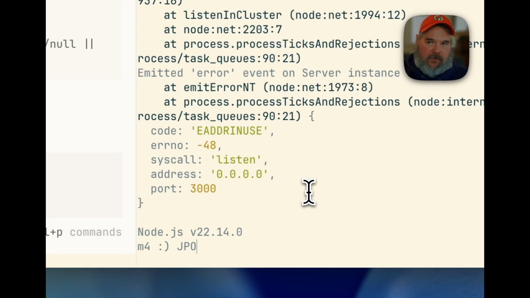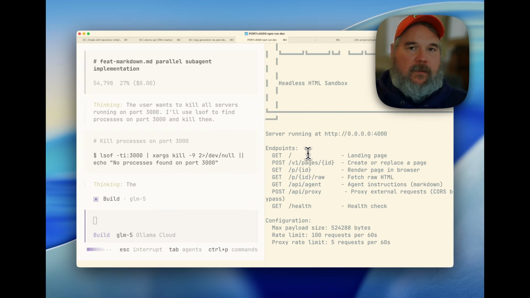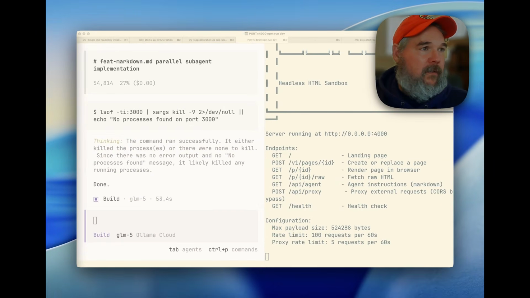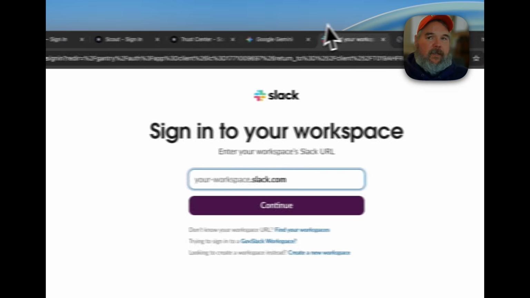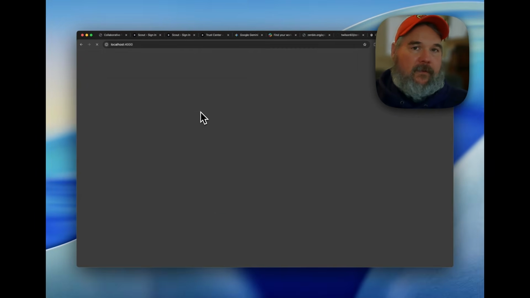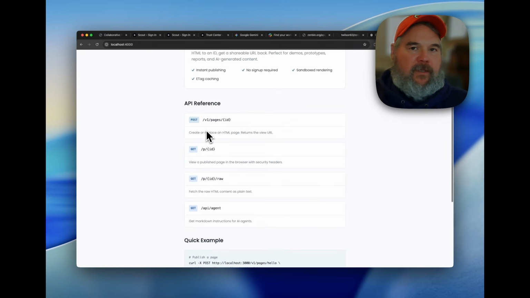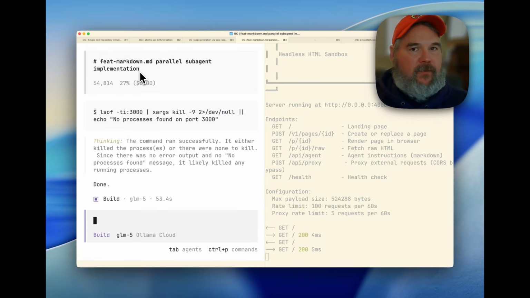Let's see if this will work. Okay. Cool. All right, so we can see this is running on port 4000. And we need to update our documentation. So that's one thing we need to do, but we can test really quick and just say, create a